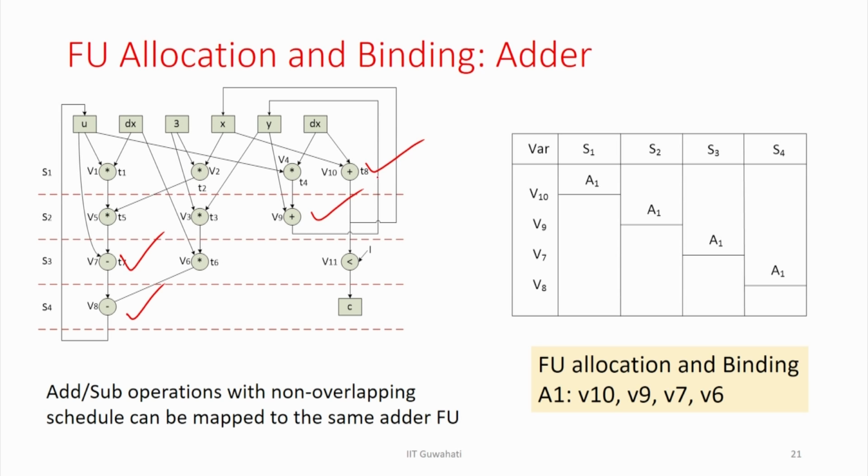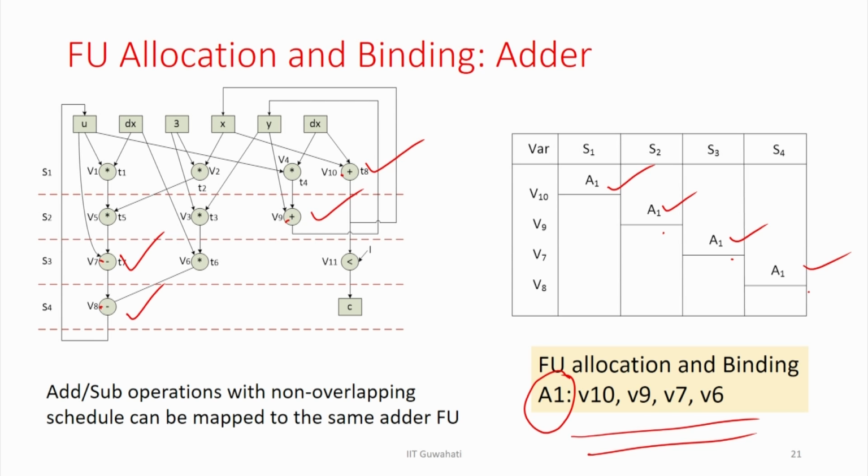So, there are 4, but they are all in different clock steps, in different time steps. So, this is V10, this is V9, this is V7 and this is V8. I have done this in different clock steps. Since they are non-overlapping, I can use a single adder or subtractor to execute all these 4 operations. So, I need only one subtractor or adder to execute all 4 addition or subtraction operations in the behavior